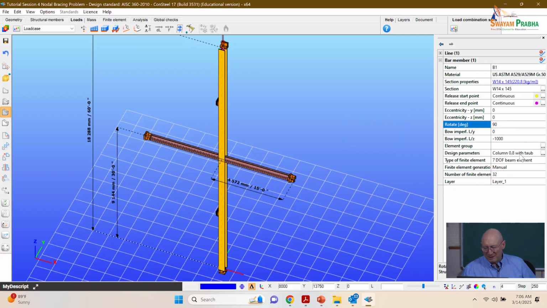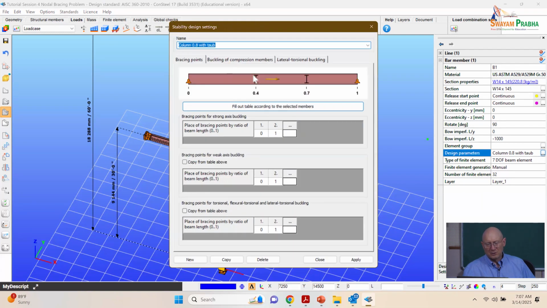I'll be frank, I think that this is kind of a beta version of Consteel, looking at how to implement the AISC provisions. And so a lot of different things that Consteel does, and so they have basically what we need to do for the direct analysis method calculations in here. To get at them, we have to go to design parameters, and if we click on these double dots, I actually come in here to stability design settings,